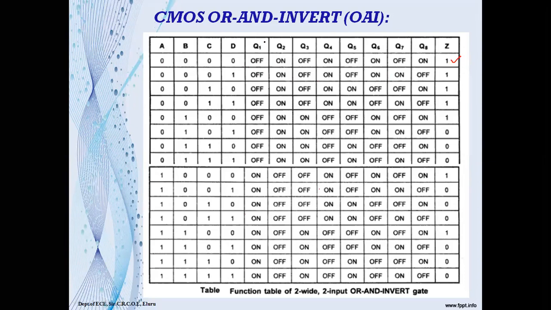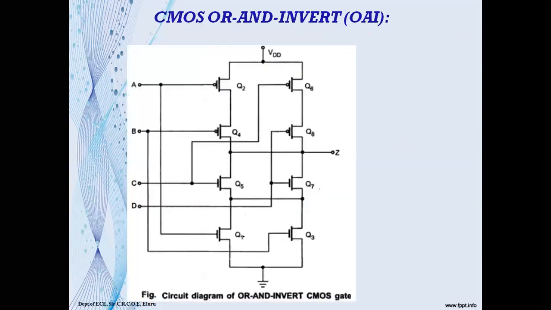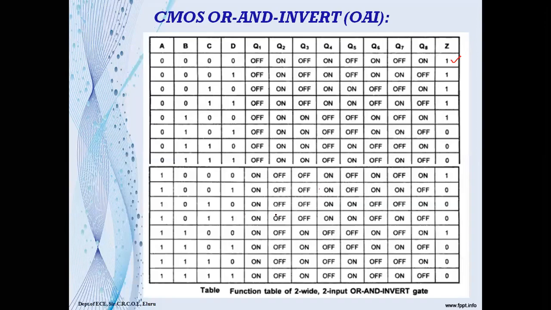So you have to carefully fill this table here. One can go with any sequence of the transistors. I may go with the sequence of transistors Q1, Q2, Q3, Q4, Q5, 7 and 8. Someone else may go with another sequence. Instead of 1, he can take it as 2. But in the functional table, it must be clearly explained here.